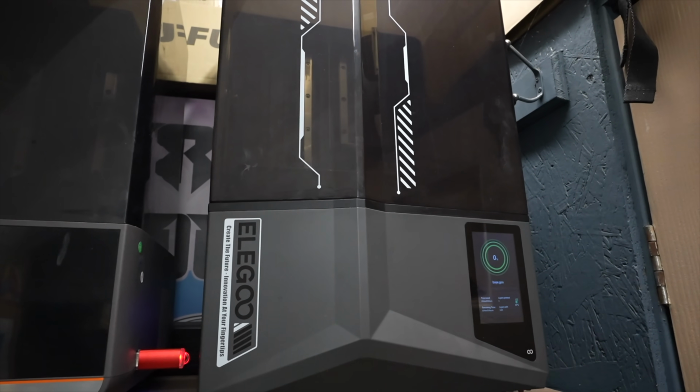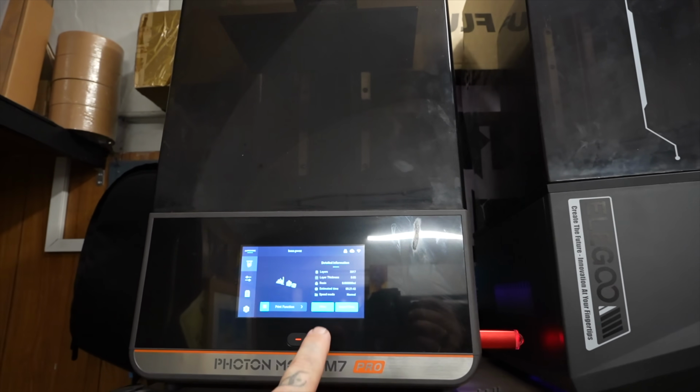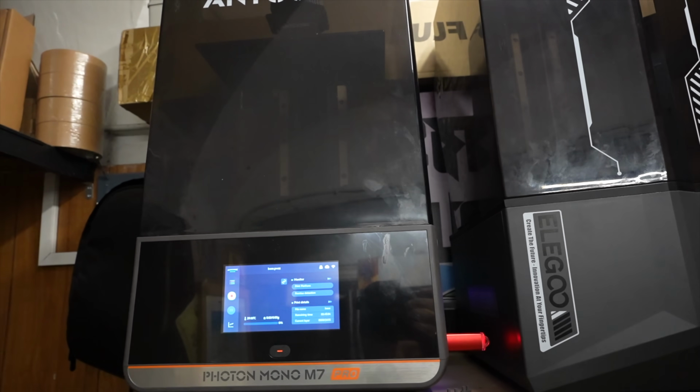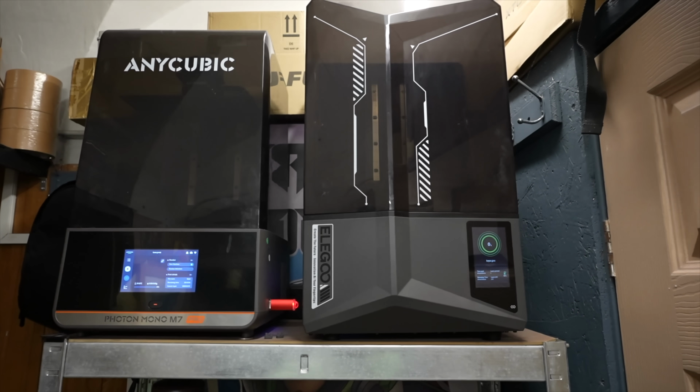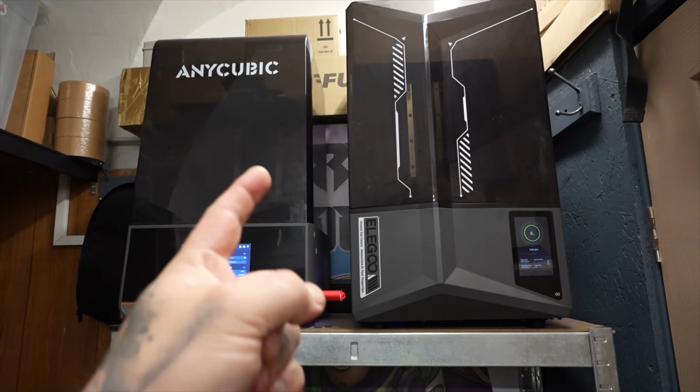To make sure I don't have problems, I've set it to print on the Ultra, and to make sure I extra don't have problems, I'm going to print another one on this M7 as well. So that way there is 2 printers printing. Of these 2, one of them has to work, because if I don't get this base today, then I lied to the sponsor by saying that I could have this video out by Sunday, which brings me straight into the